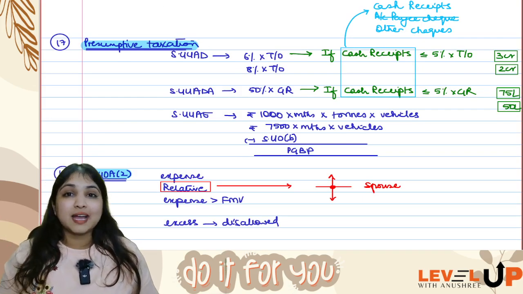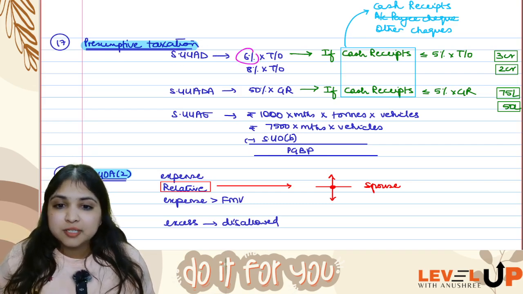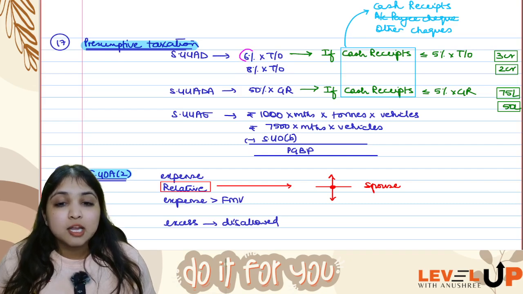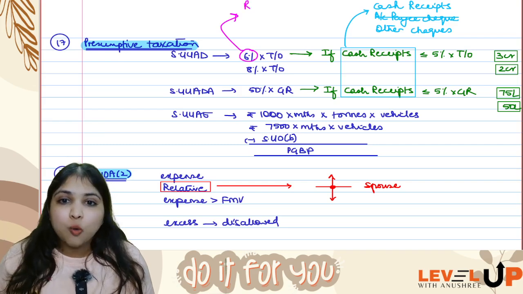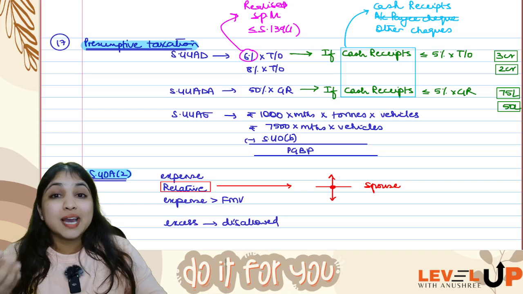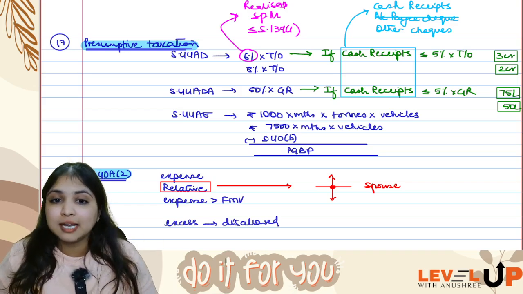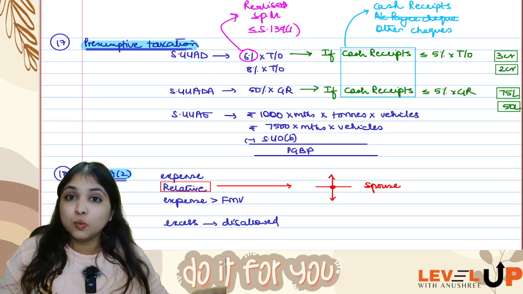Then coming to presumptive taxation, concept number 17. Under section 44AD, sometimes 6% of the turnover is PGBP, sometimes 8% of the turnover is PGBP. Now when do you say 6%, when do you say 8%? You will take 6% of that turnover which has been realized in specified mode on or before the 139(1) due date. Whatever turnover has been realized by the assessee within specified mode, on or before the section 139(1) due date, on that turnover you will take 6%. On the entire balance turnover you will take 8%.